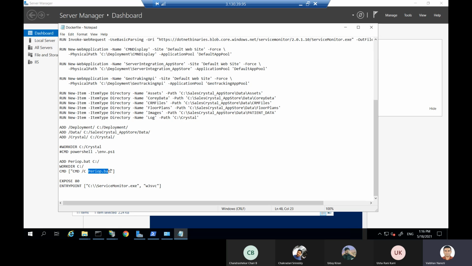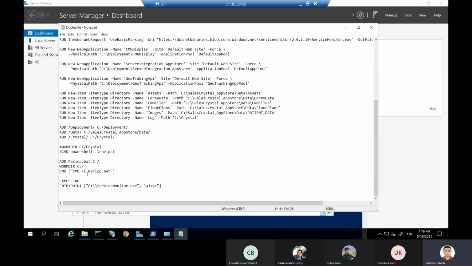In a single command this bat calls our PowerShell script and the copy command, so in a single entry point we achieve two tasks which generally need to be added in the Dockerfile two times.